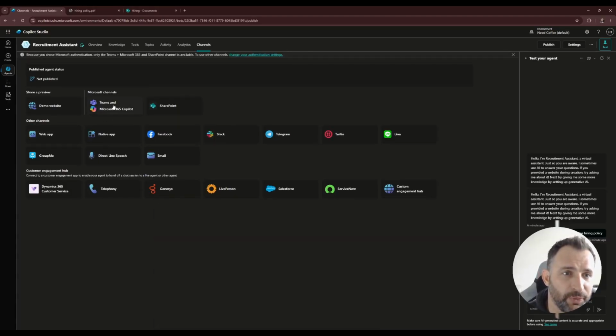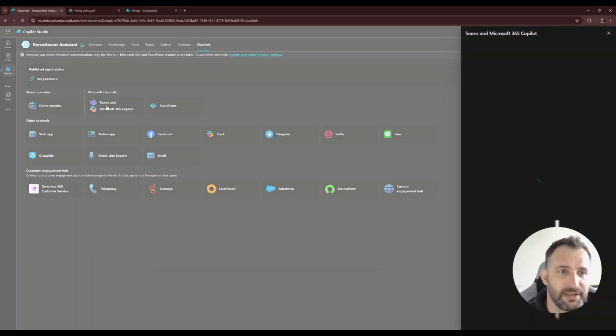So by default, we'd want to deploy this to Teams, because the ultimate objective is to get this available in Copilot Chat, and we've got the ability to publish this to SharePoint. SharePoint has native agents. This is to replace the SharePoint agent or at least add this agent to a SharePoint site, which is much more powerful than just the native SharePoint agents. We're not going to take a look at that today, but what we're going to just take a look at is if I click on Teams,